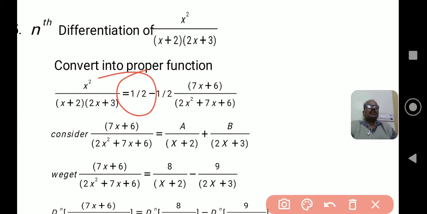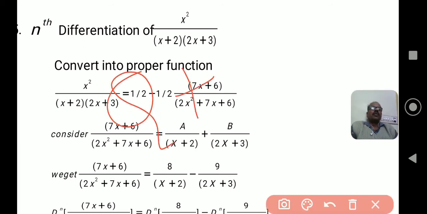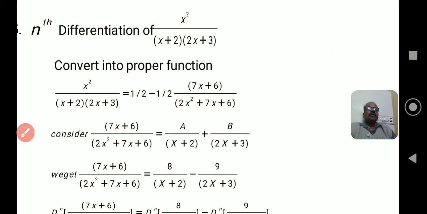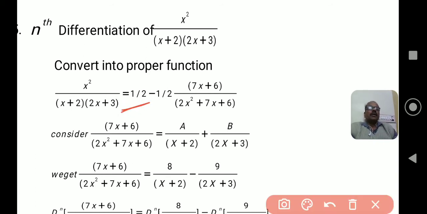How to write this: you should write the quotient, plus the remainder divided by the divisor. Let me repeat: quotient plus remainder divided by divisor. In this example, the 1 by 2 you wrote is called the quotient. Again, 1 by 2 times of this is the value we get finally as the remainder. Last is the divisor.